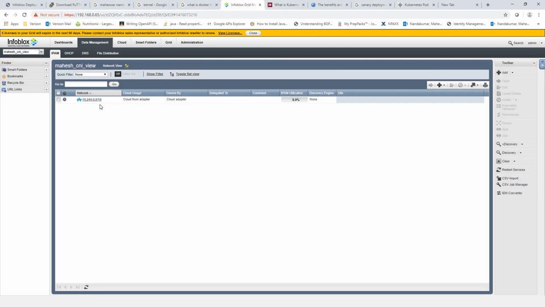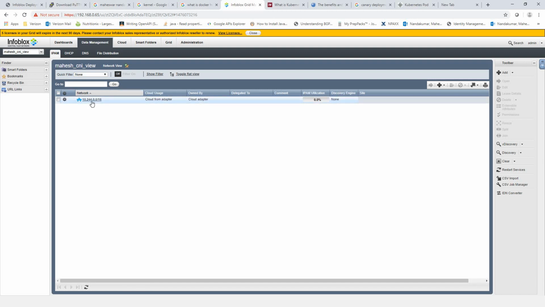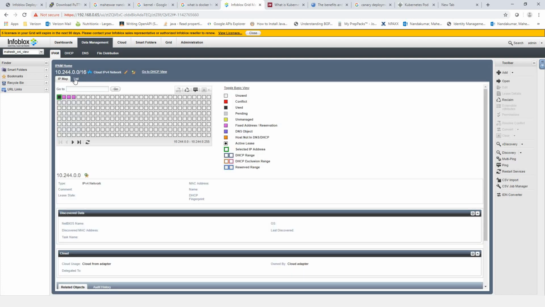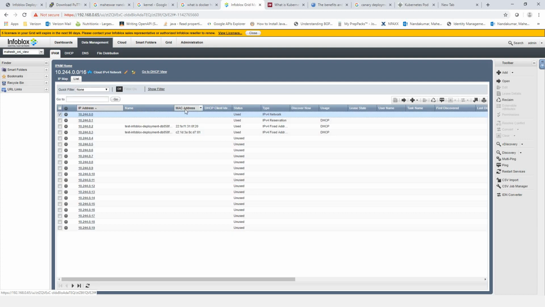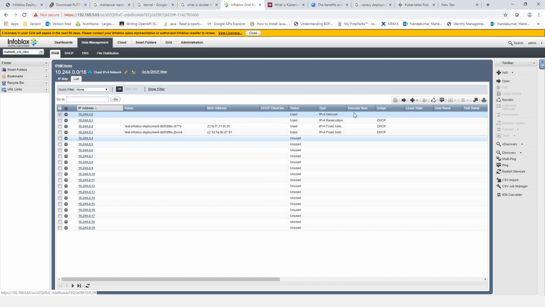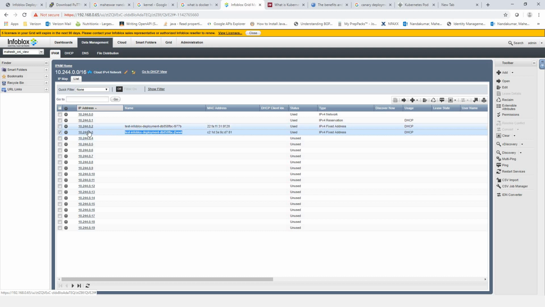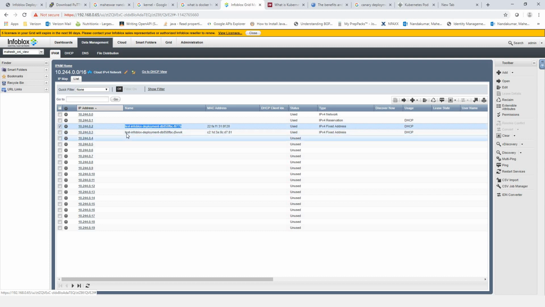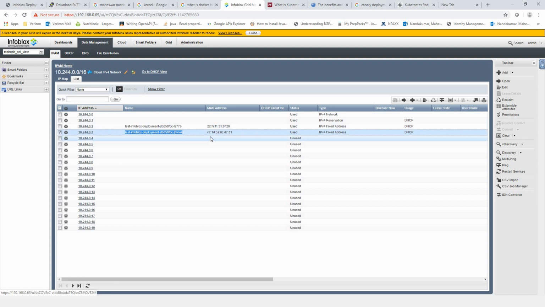If I select the Mahesh CNI view, I can see that this network 10.244.0.0, which was our pod network, has been created over here. If I go to the list view, it has already updated the two IPs, 10.244.0.2 and 10.244.0.3, which are the pods that were created as part of the test deployment. This way we can verify that